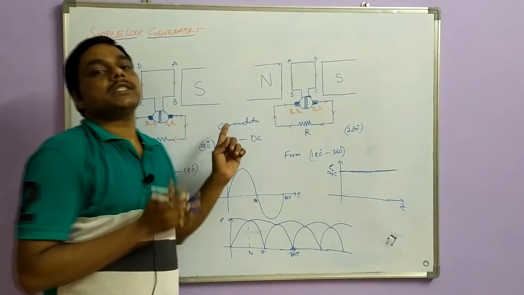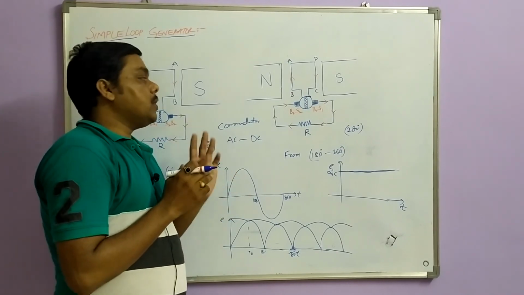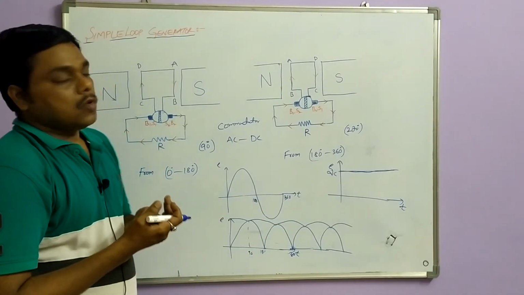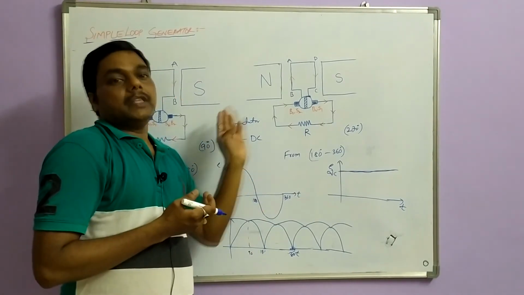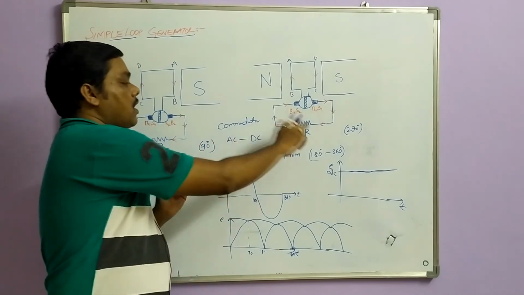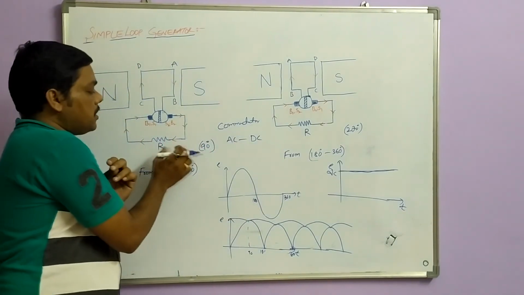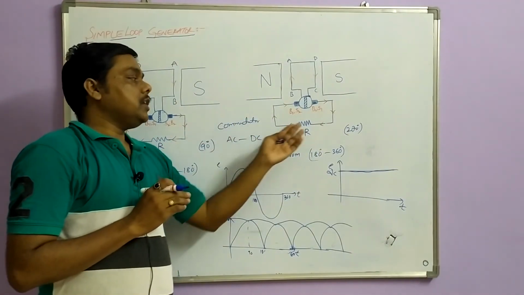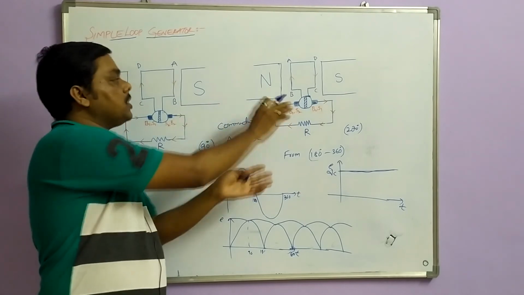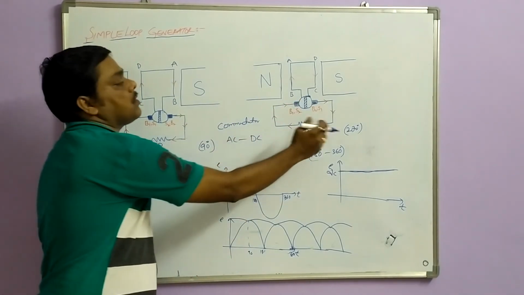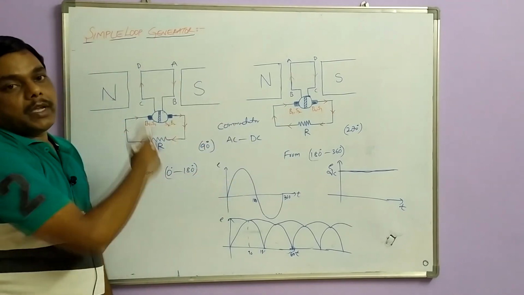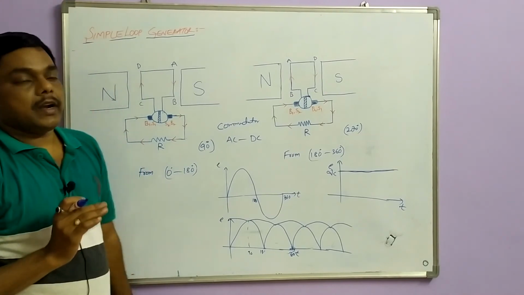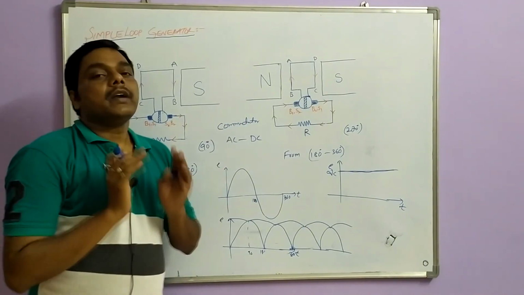But in the previous case, with slip rings, the segments remain the same, so the current always alternates. That's why they are called AC generators. But here your current is always unidirectional. You can see here always from right to left, right to left. So your current is unidirectional. Whichever way the cycle goes, 0, 90, 180, 270, 360, your current will be in the same direction. So that's why it is called DC current, and the induced EMF is called DC EMF.